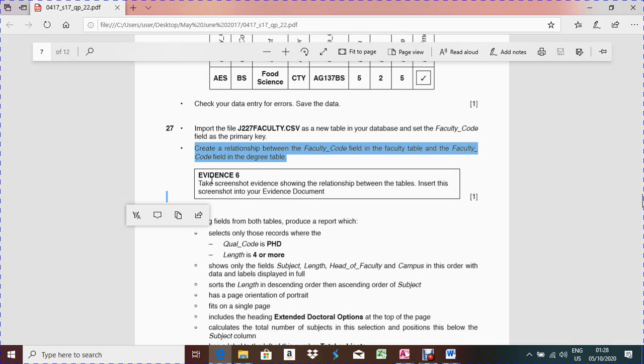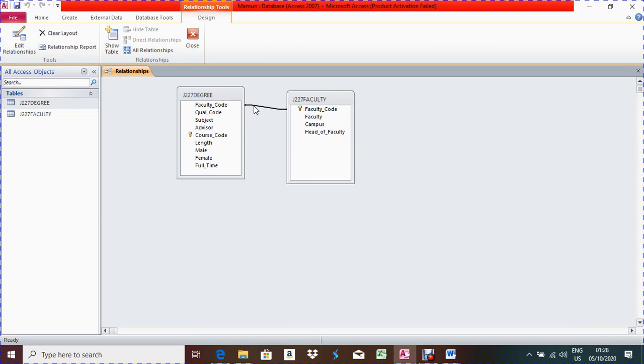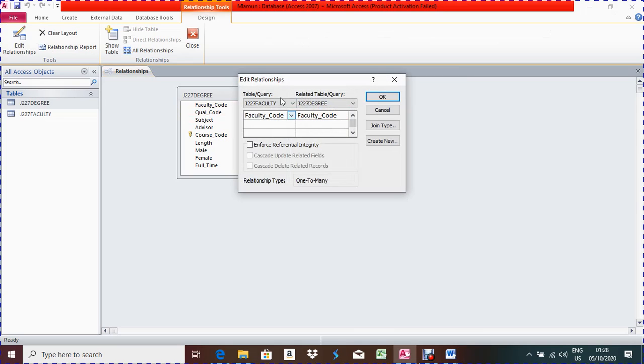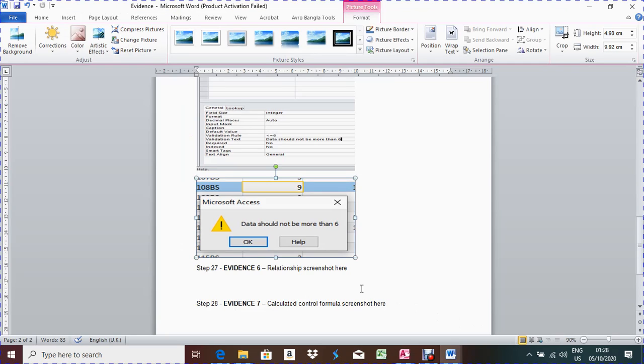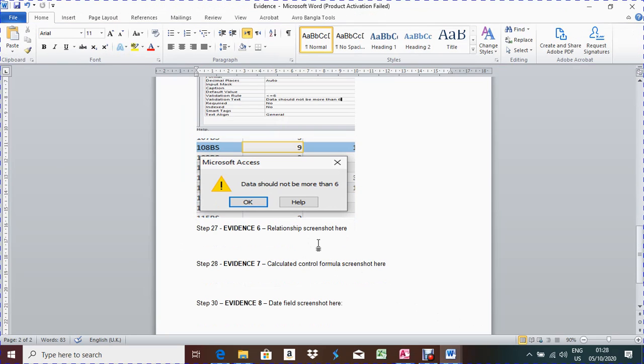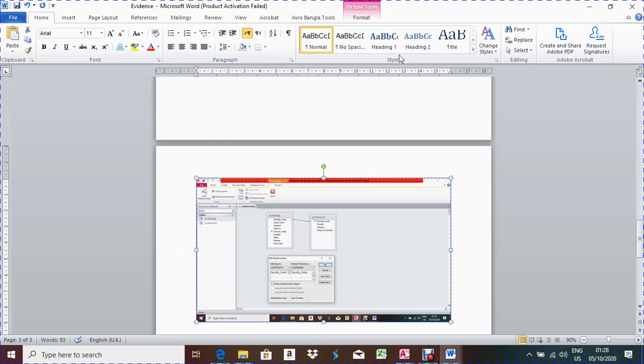Okay, done. Now next, evidence 6, take a screenshot of evidence showing the relationship between the tables. Okay, in that case you have to take both screens, this one and the previous one also. So right click for bringing the previous one, edit relationship, keep this screen here, and then take the screenshot, print the screen, go to your evidence document and the relationship part, Ctrl V, crop